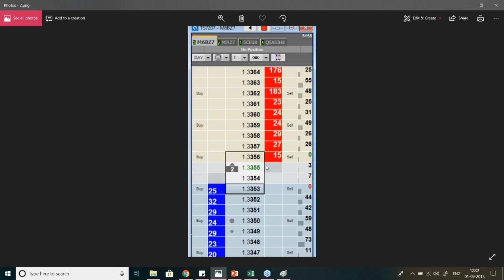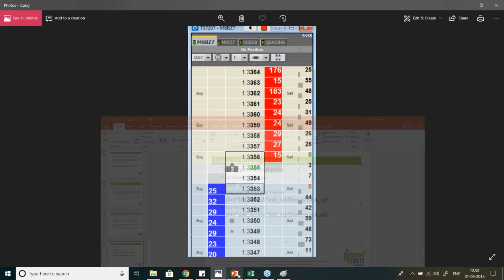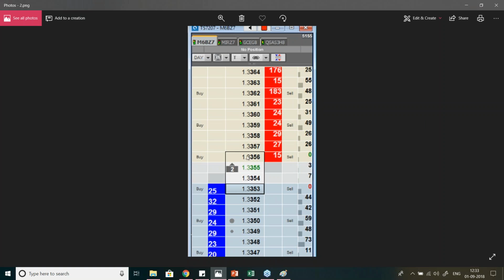Right? That is how you calculate harmonic mean. That is bid price into ask volume plus ask price into bid volume, bid into ask size plus ask into bid size, divided by bid size plus ask size. This is how harmonic mean is calculated. So based on this, what can you say about the harmonic mean of this? Yes, Nathaniel, that is absolutely right. The harmonic mean will be closer to the ask, right? And as the ask keeps disappearing,